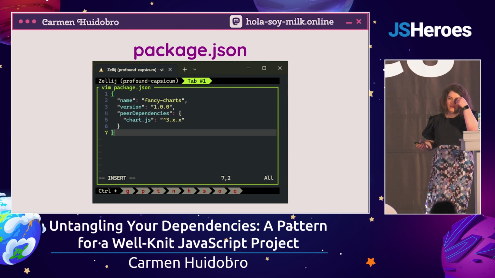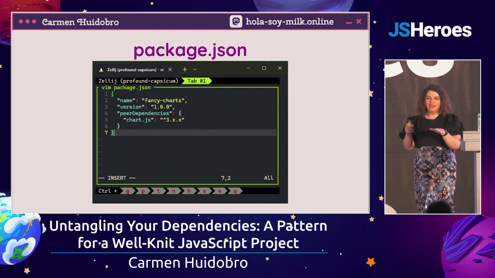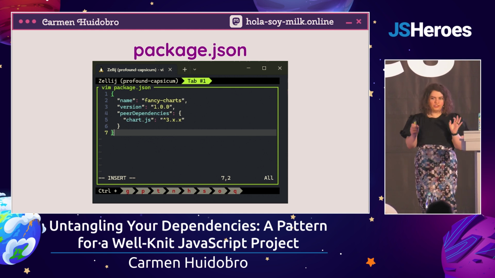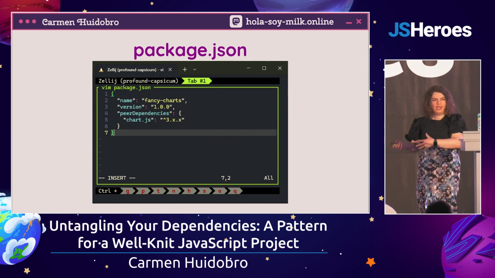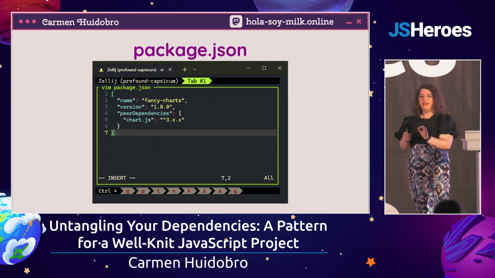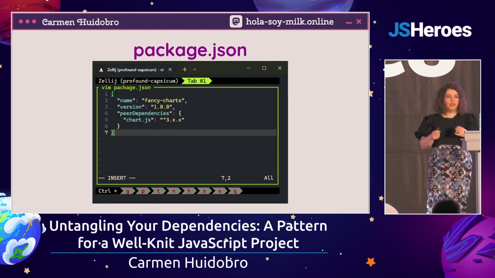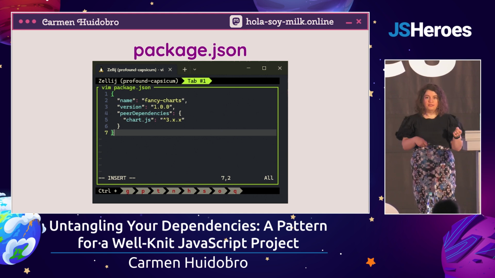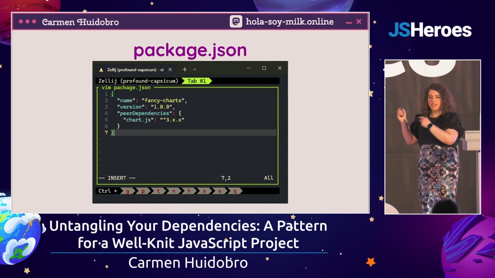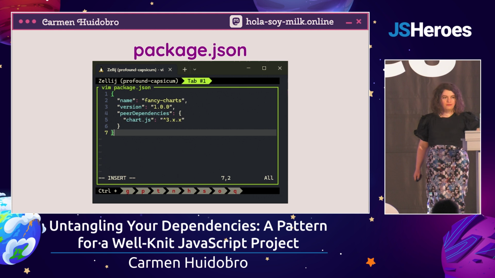Say we're writing a little fancy charts package. Our fancy charts package is compatible with chart.js, but it doesn't depend, in the code we write, on chart.js. But when somebody goes to install it, they do need to use it. This is where declaring it as a peer dependency comes in handy, because now, if somebody installs my fancy charts package, it will also install chart.js.